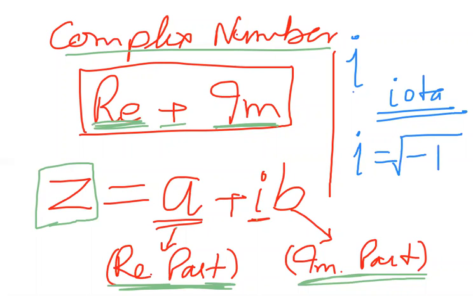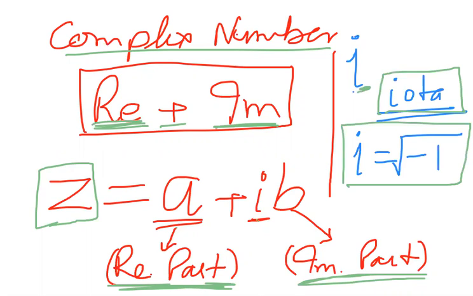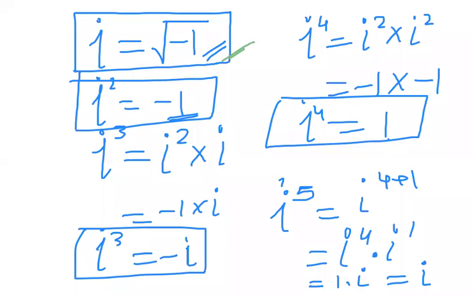So what is i? i is known as iota. Its value is negative times of square root of unity. Then we are going for the next thing. As I've told you, i is the square root of minus 1. If we square both the sides, i square will be minus 1.